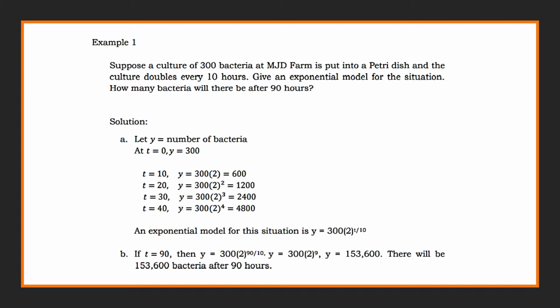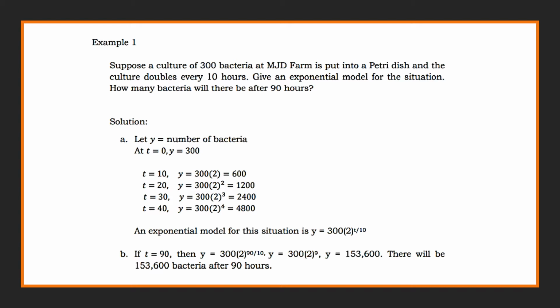So an exponential model for this situation will be y equals 300 times the quantity 2 all raised to t all over 10. So if t equals 90 hours,